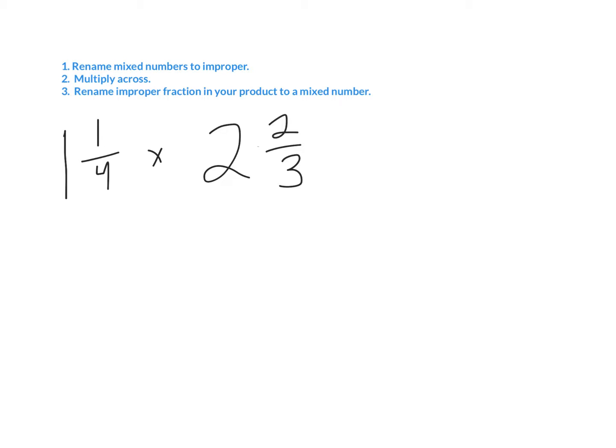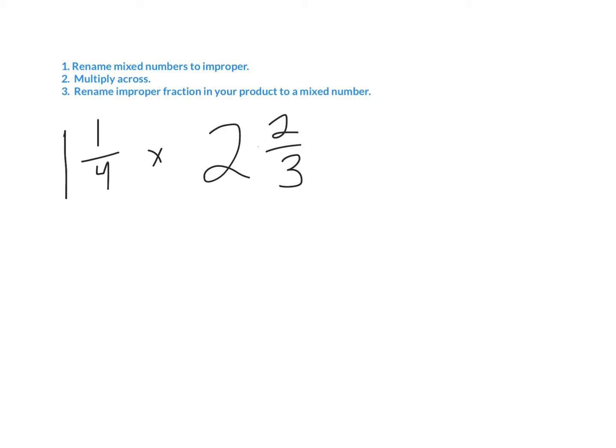First step I have to do, because I can't multiply these whole numbers like we did when we would add them with mixed numbers. So what I need to do in this is I need to rename the 2 mixed fractions that I have to improper fractions. That way we can multiply straight across in step 2. If you remember,